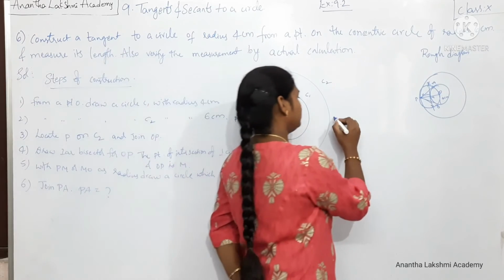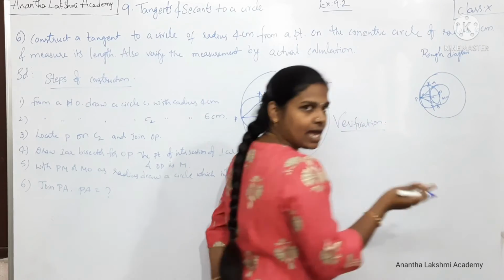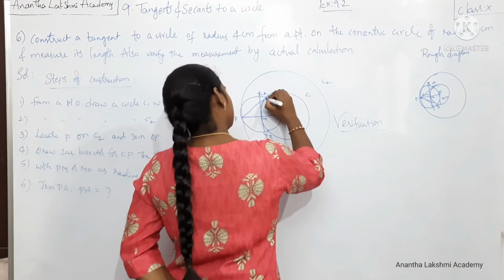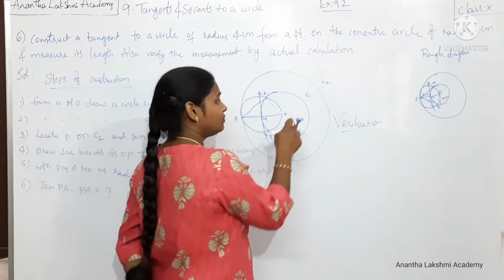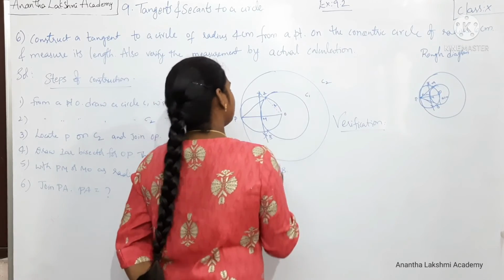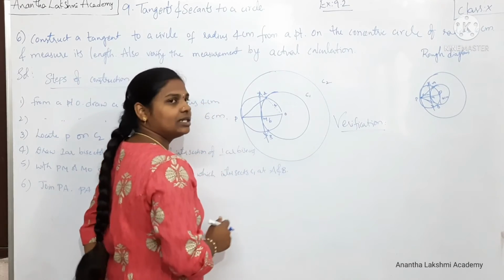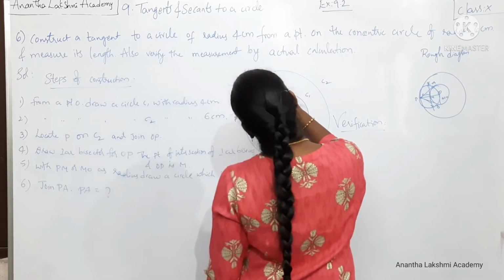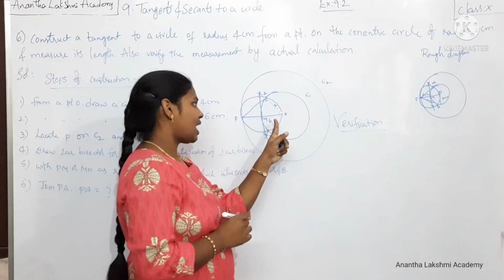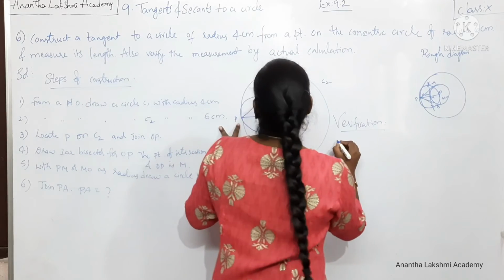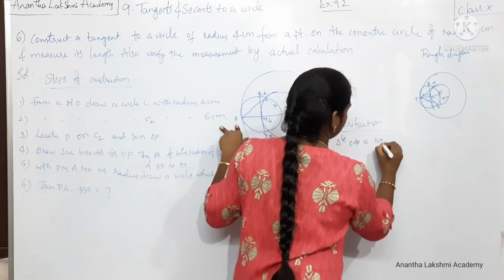Let me do it here. So, the verification part. How do we verify this? Earlier I have told you in the formula method, no? So, join OA. OA is nothing but the radius of the inner circle, which is 4 centimeters. OP is nothing but the radius of the bigger circle, which is 6 centimeters. How do you get the length of the tangent? So here there is a right angle between the tangent and the radius of the circle. So the right angle is this, hypotenuse is this, opposite side is this. Triangle OAP is a right angle triangle.